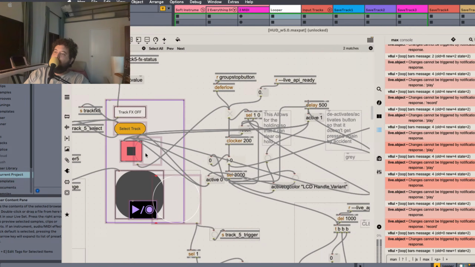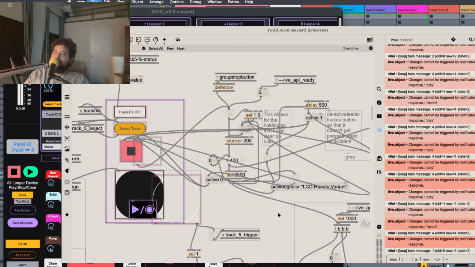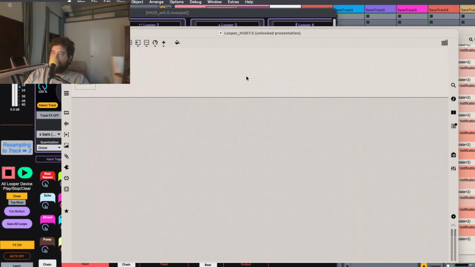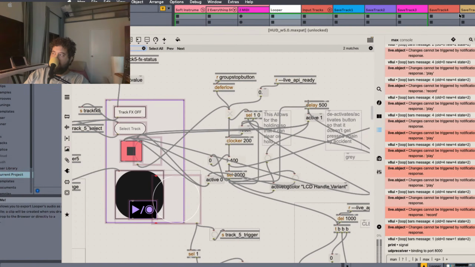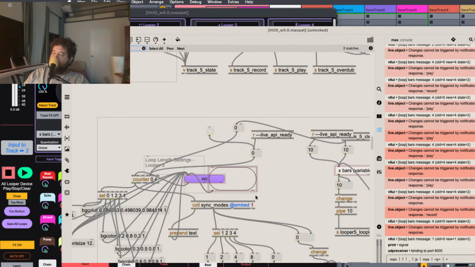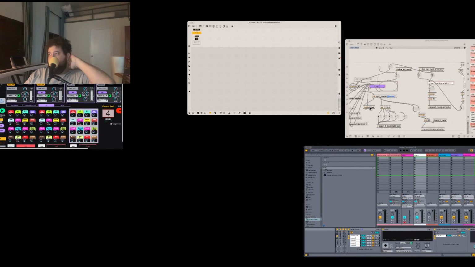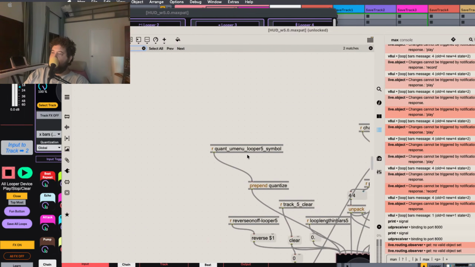Let me save this first here. Let me just clear this, save it. Okay, and we'll just save the looper HUD as well. It's a bit confusing. But I'm hoping that this whole thing reduces the amount of load on the whole system. The only thing left now